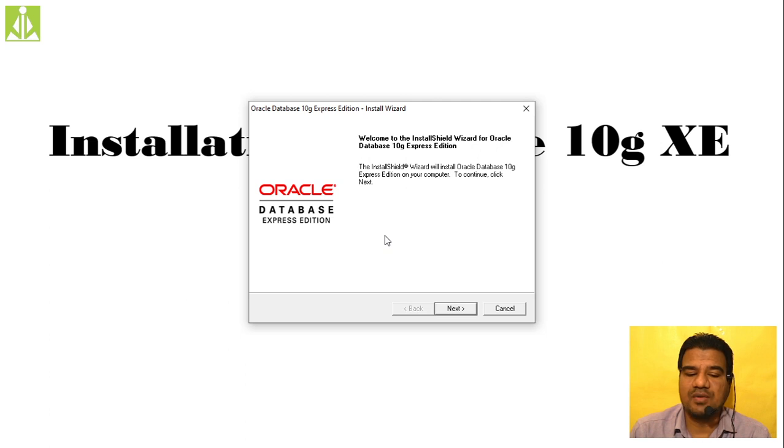As you can see, now it has started the installation process. After doing the extraction of the files, extraction of the package or the backup file, whatever you have downloaded from the internet, now it has started the installation. Don't change anything. As it is giving the options, you simply keep those options intact and click on the next button. Here it is saying you are about to install the 10G Express Edition version of the Oracle database. So simply click on next.